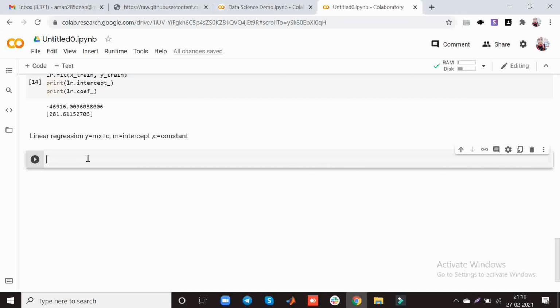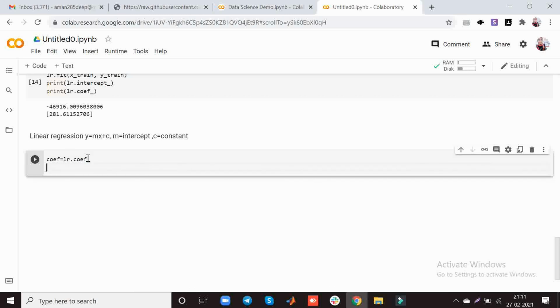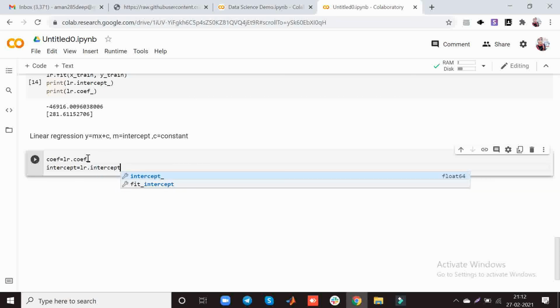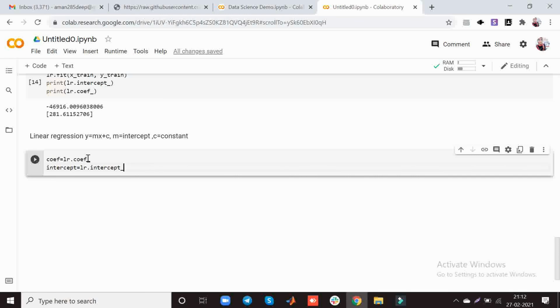For that, we take coef equals lr.coef_, and similarly we store the value of our intercept in the intercept variable: intercept equals lr.intercept_. Now we have stored the values of intercept and coefficient in variables.